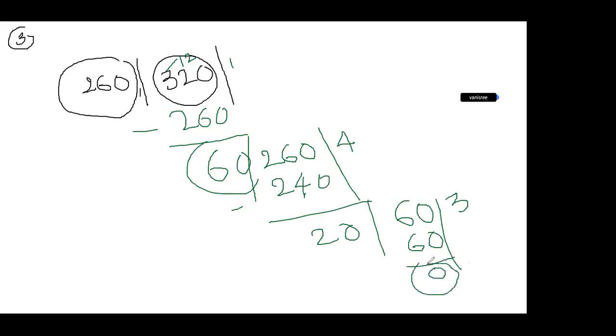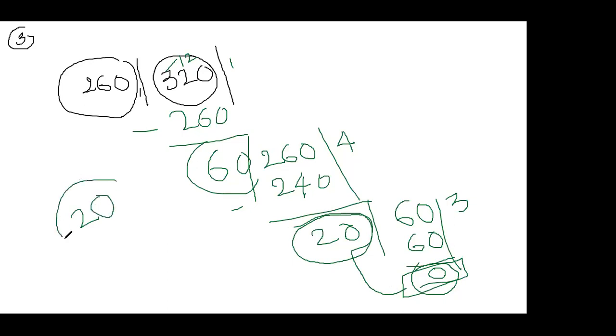0. So I hope everybody knows that you have to do the HCF until you get 0. You have to get 0, then stop. Then before getting the 0, who is the divisor? 20 is the divisor. That's your answer. Before getting the 0, who is the divisor? 20. That's why your answer is 20. Got it? Then understood that? Go for the next question.